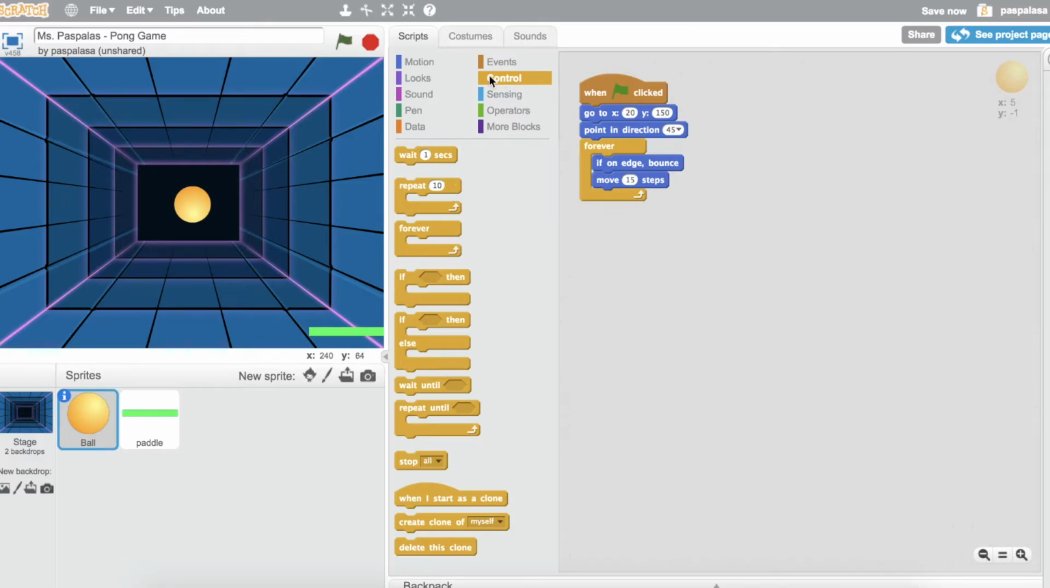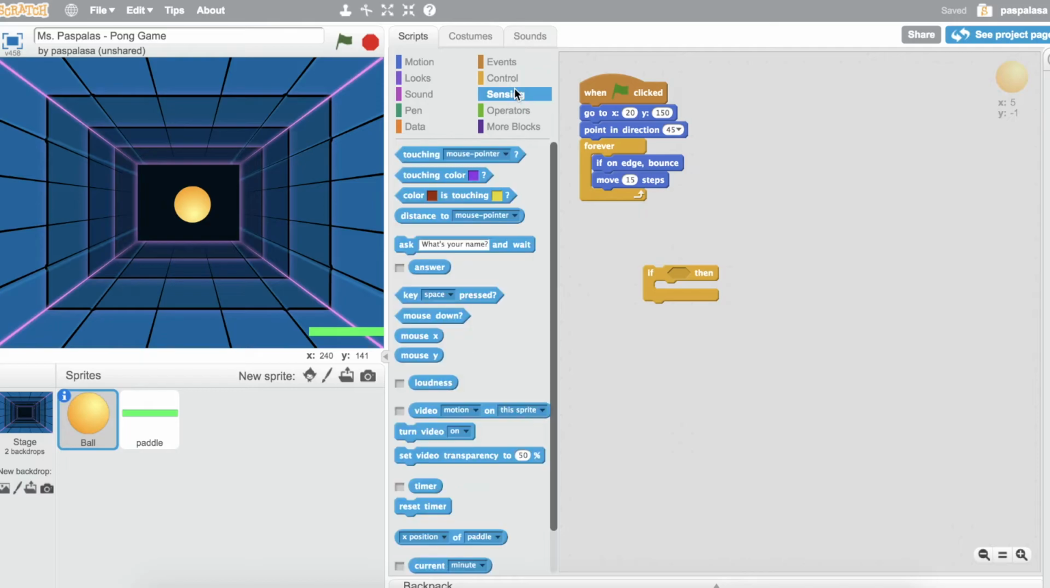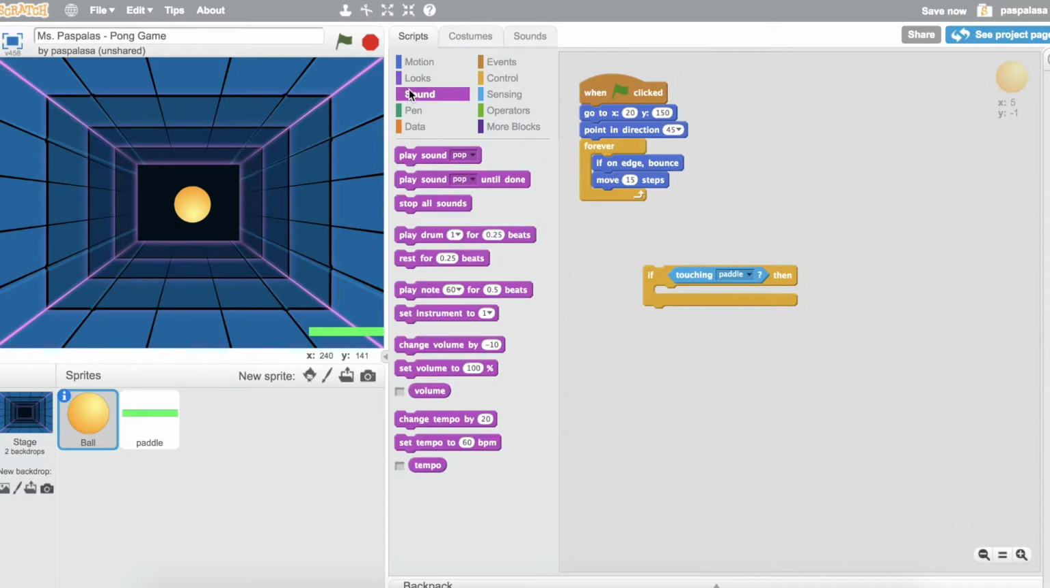So we're going to go to our control tab, pull over an if-then loop, go to sensing, and this first block is touching, and then there's a drop-down menu. So we're going to add that in. If touching paddle, then we're going to have it do something. So if touching paddle, then maybe let's add a code to play a sound because that will make it more